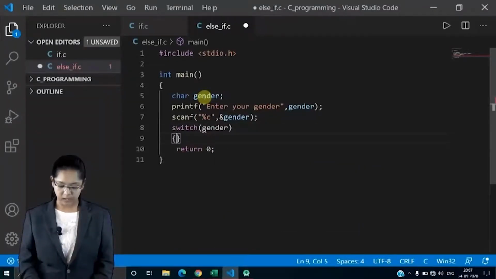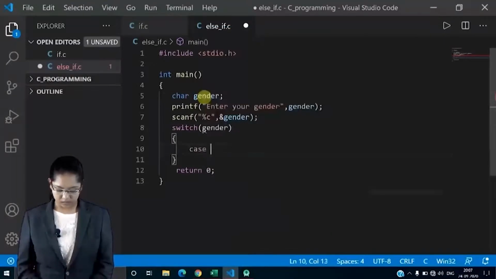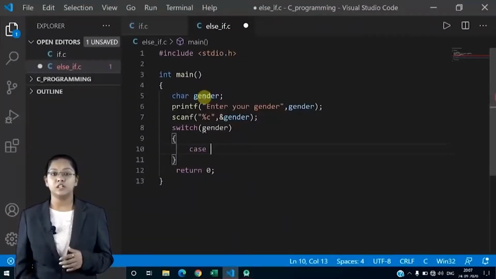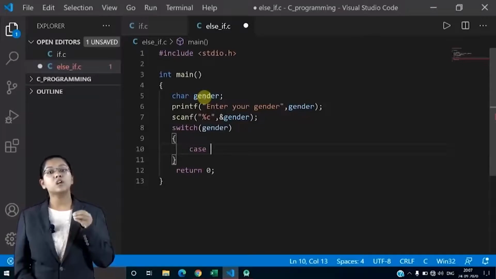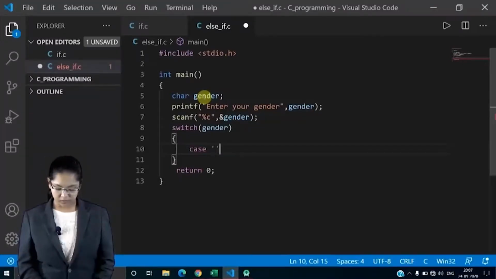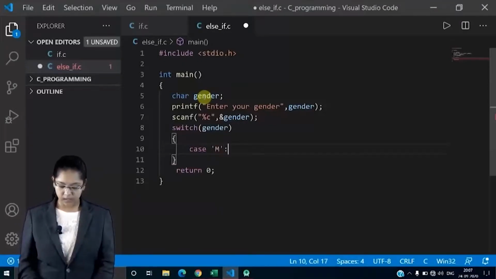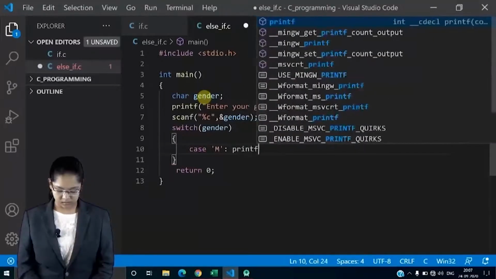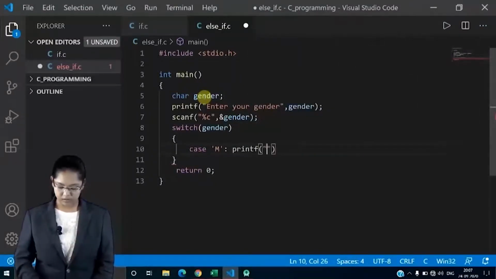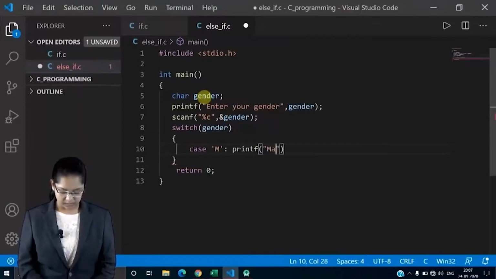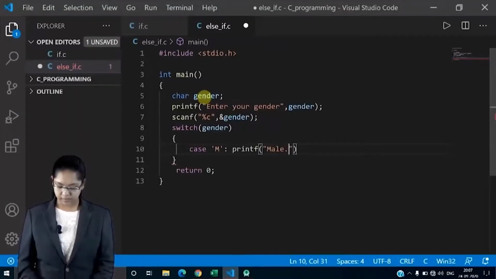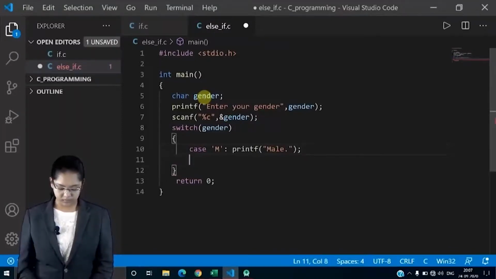Gender, then case 1, sorry, we are not using integer here. Here we are writing a character. So if we are typing capital M, then printf "male", then break.